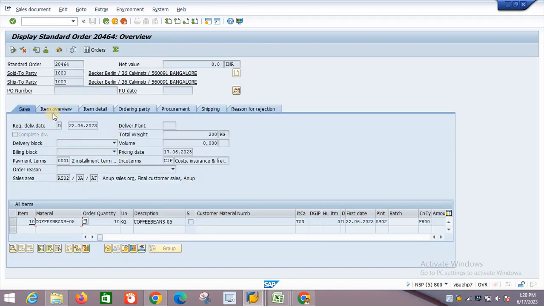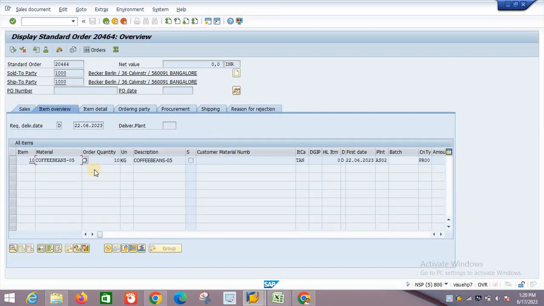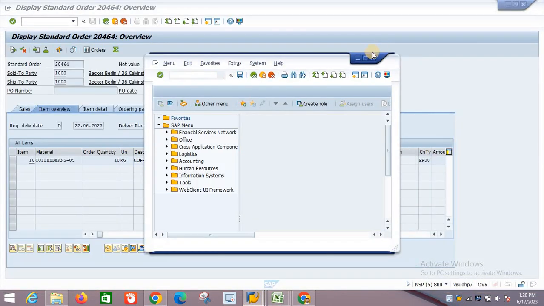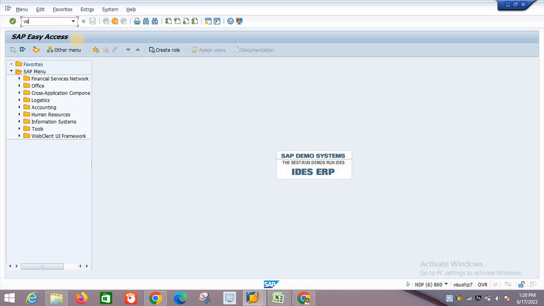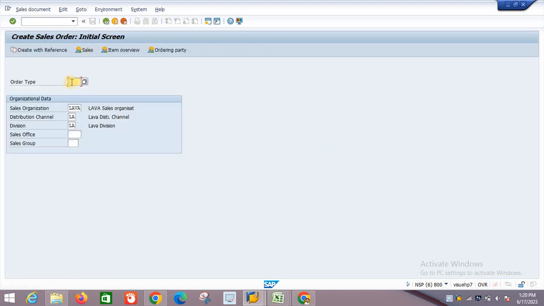Okay, now I am just trying to create one more sales order. To create the sales order, the T code is VA01. Sales document type is OR. For practice purpose I am taking this.